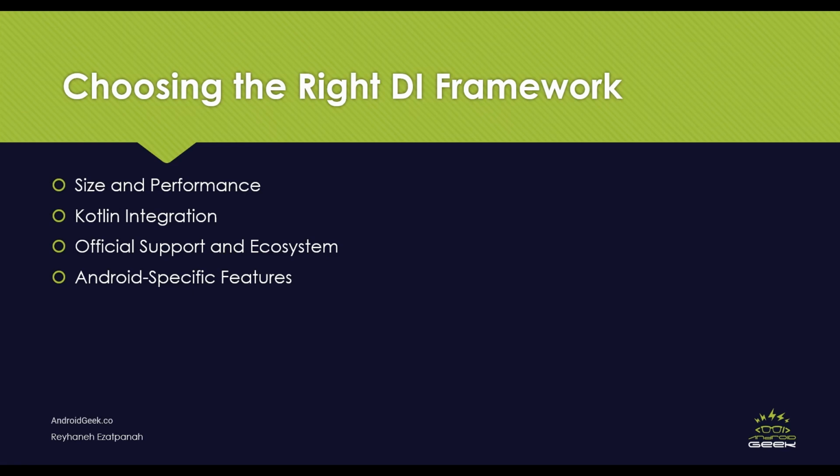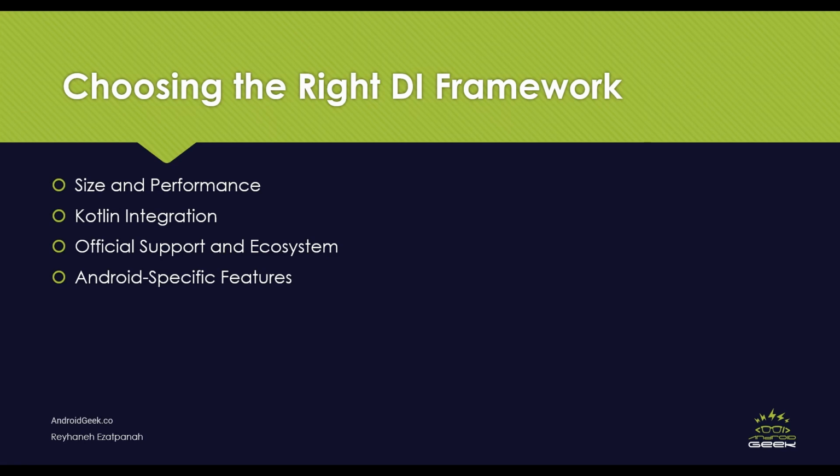If your project is primarily Kotlin based and you prefer a Kotlin-centric API, Koin dependency injection provides a more natural and expressive syntax. And the other thing is official support and ecosystem. If having official support from Google and a large community-driven ecosystem is important to you, Hilt dependency injection offers a more robust framework with extensive documentation and community resources. And the last thing,